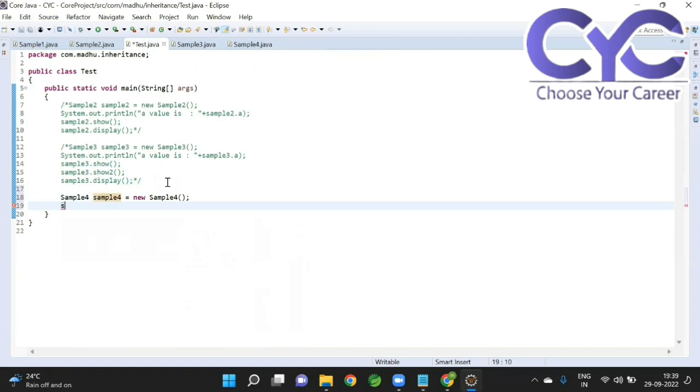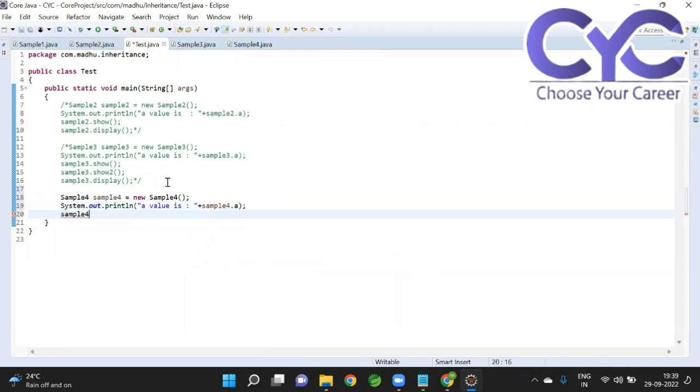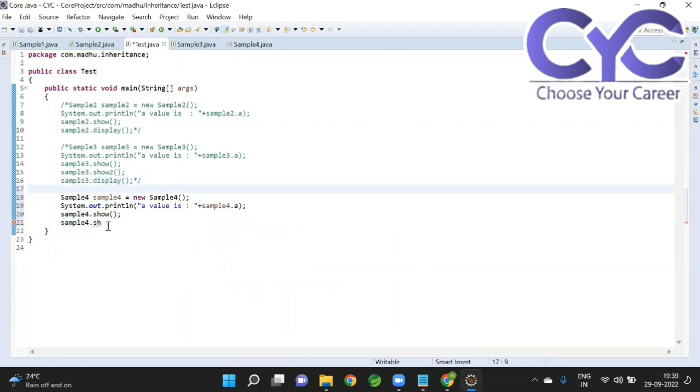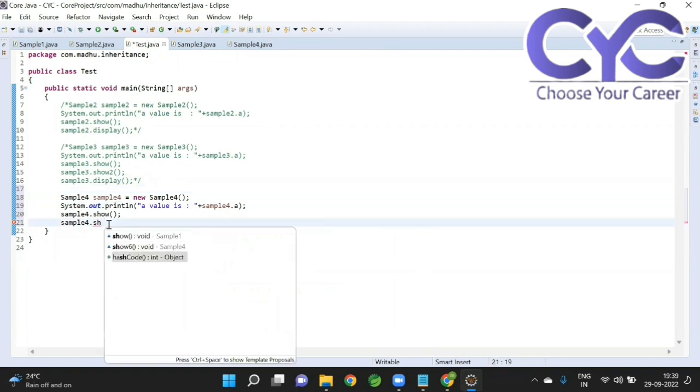See here, a value is sample4 dot a, sample4 dot show, sample4 dot show6. Save it